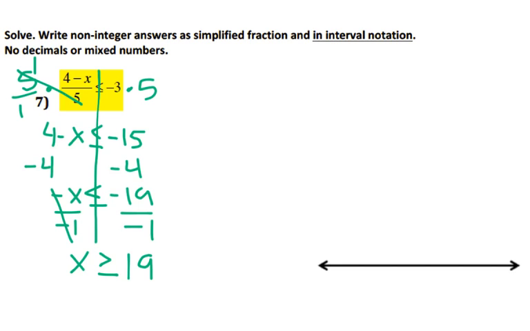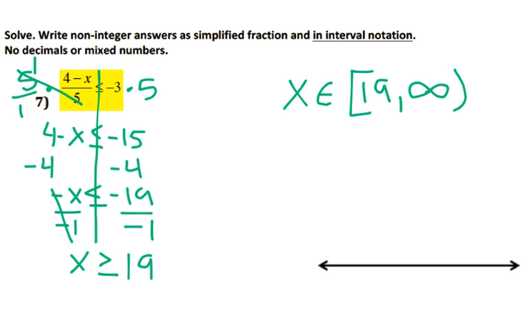Writing this in interval notation, we say that x is an element from, notice it's open to x, so we're going to start with 19, and it goes to infinity. Now this first parenthesis shouldn't be a parenthesis,